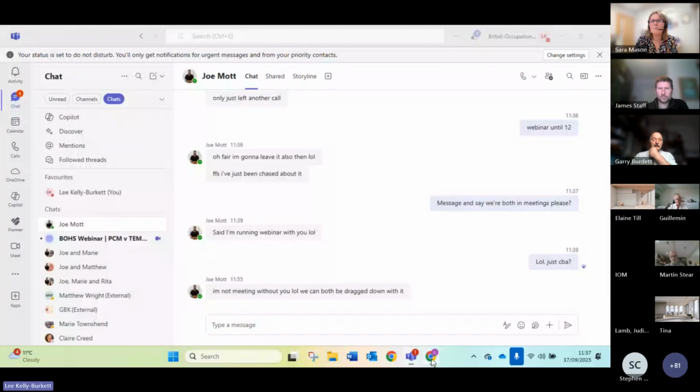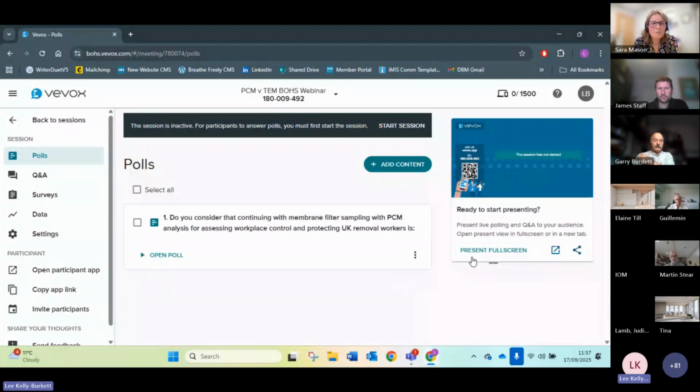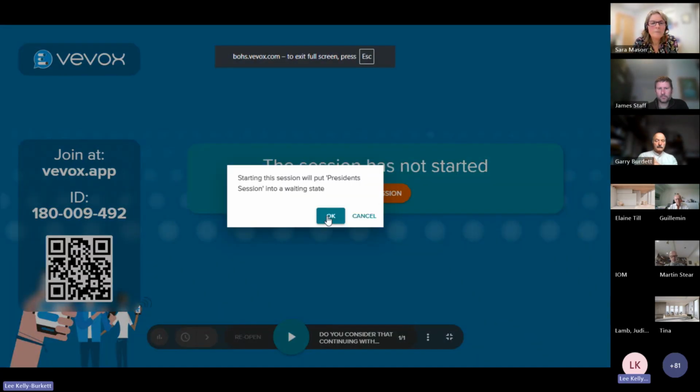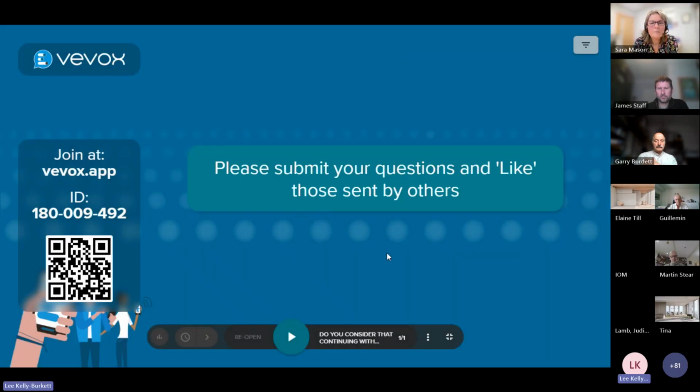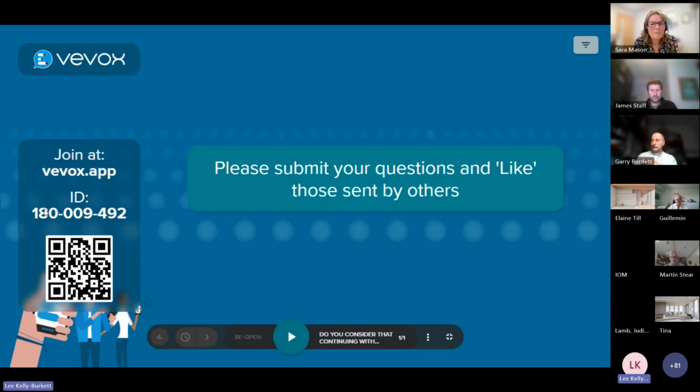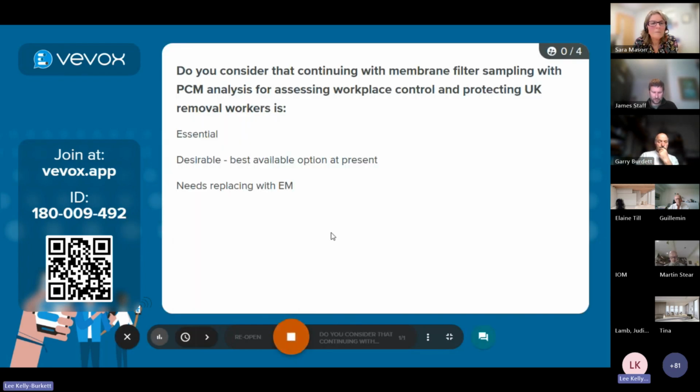So I will just share my screen here. If I just present full screen and start the session. Some of you may have used this in the past. If you've just got your phone to hand, type in vvox.app into the browser, and when prompted, put in that 9-digit code. If I open it here, I can see that a few people